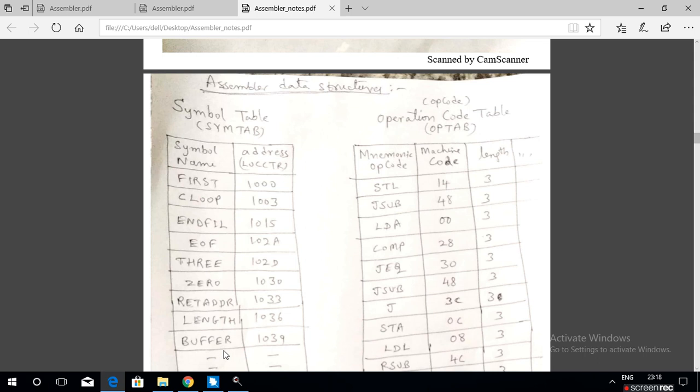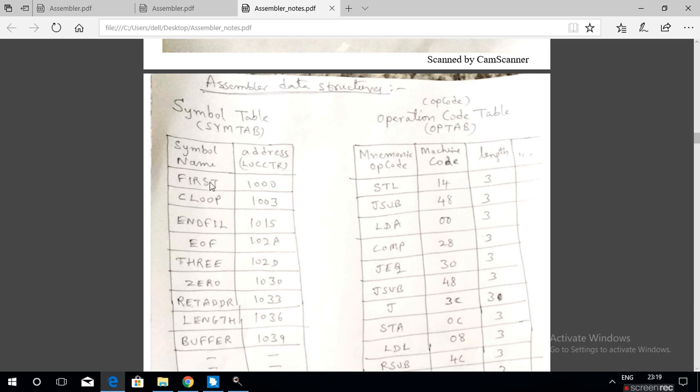As I already said, in the assembly language program, whatever names appear in the label field, the left hand side field, are all called symbols. As soon as the symbols are found, they are stored in the symbol table.